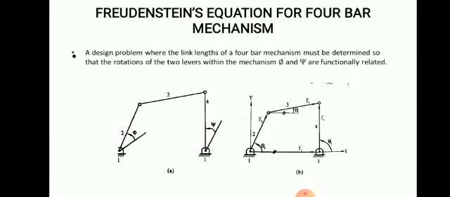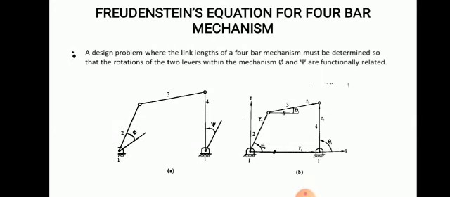In synthesis, you should know the different types of synthesis: number synthesis and dimensional synthesis. All those things you know. There are three main tasks in kinematic synthesis: one is function generation, the second is path generation, and the third is motion generation. Function generation, as I told you in the last class, is the first task in kinematic synthesis.